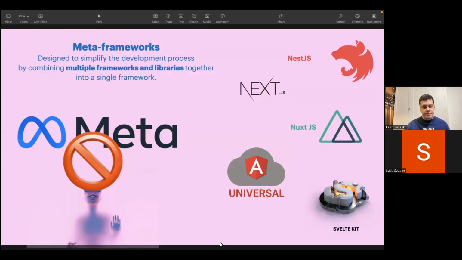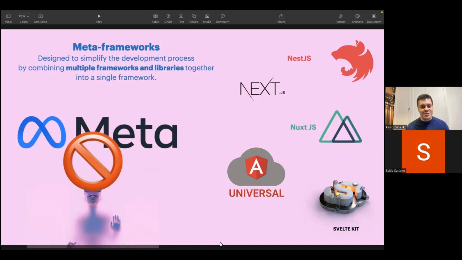And in this way, if we decide to simplify our development process and combine all those best practices of all those recommended libraries and group them together and build them together, we would have some kind of framework, but it's not a framework because it's already built on top of frameworks, and the community started to name them meta frameworks.